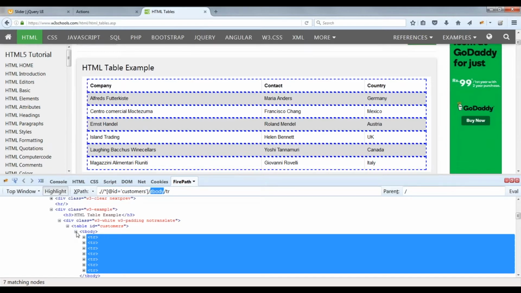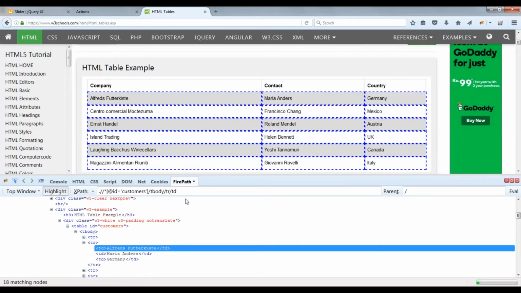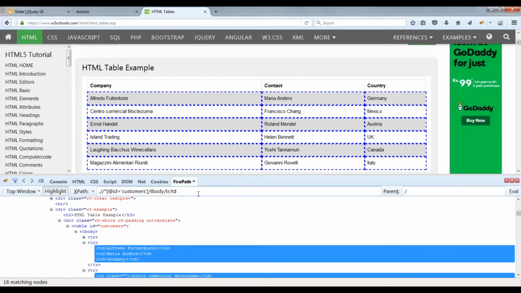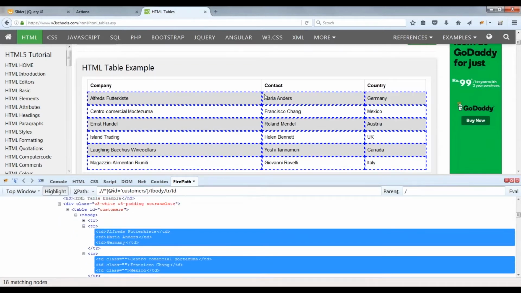Inside t body I have tr, and then inside tr I have table data. If I click on table data inside tr, all data cells are selected here. You can see these divider lines are also added here. Okay, so that's how it looks like.